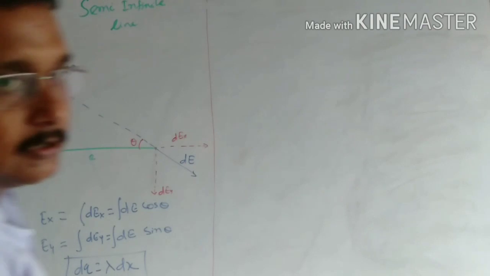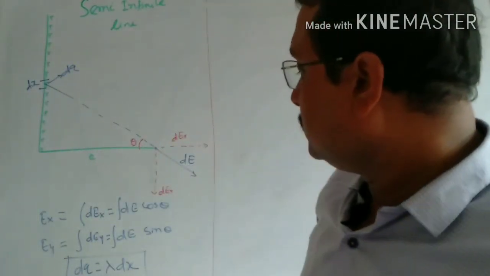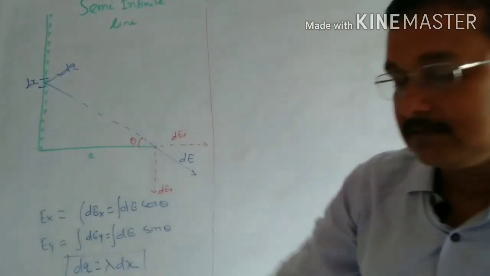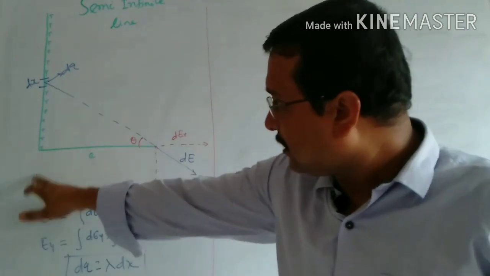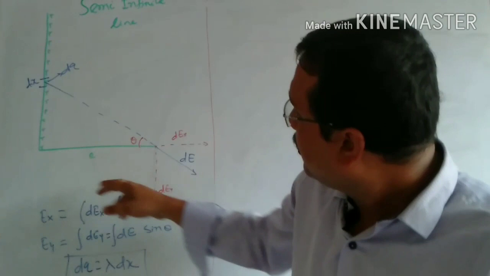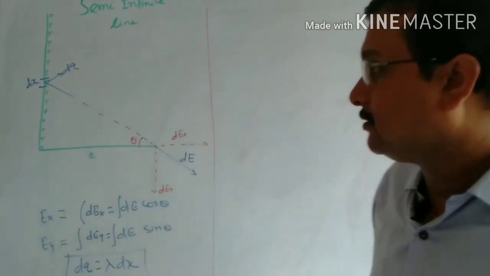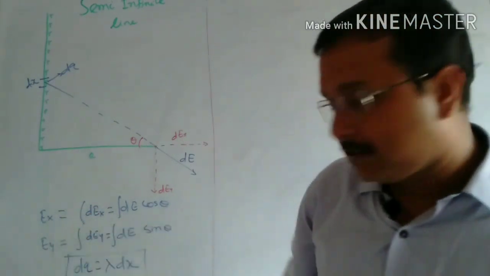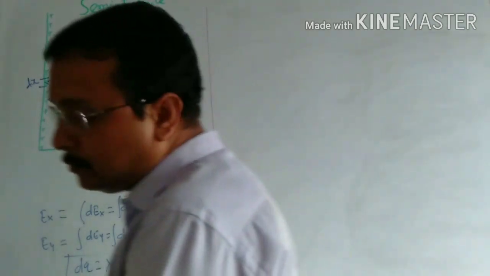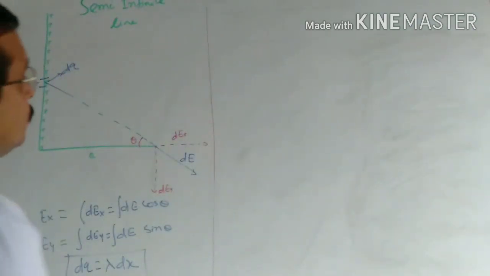Now in the last session we understood how to take dq, dEx and dEy. Here we don't have the charge below this line. That's why this time we have to consider dEy also and Ex also. So first calculate Ex, then calculate Ey, and then we have to get the magnitude and the direction in a proper way. So what we shall do.